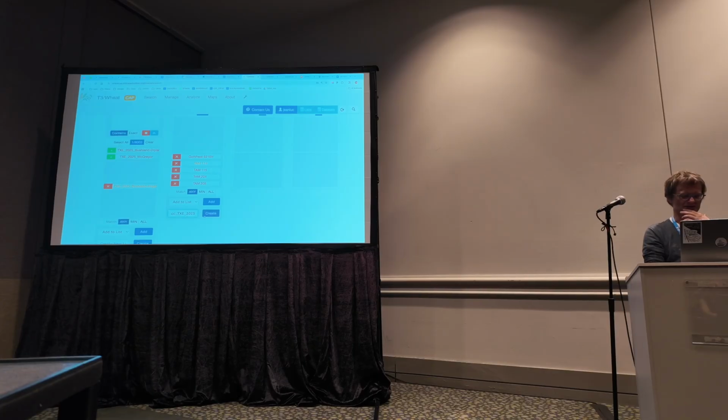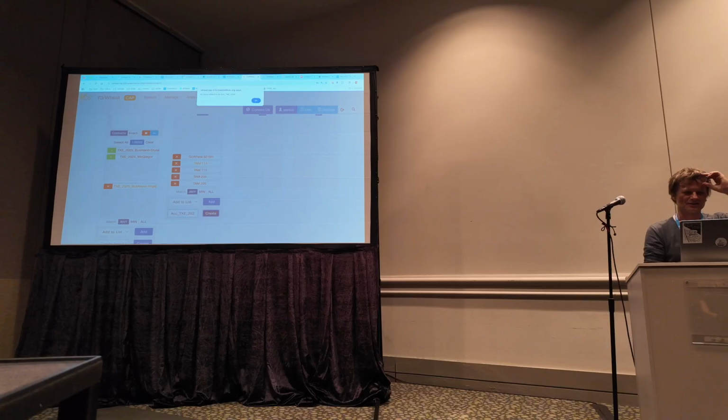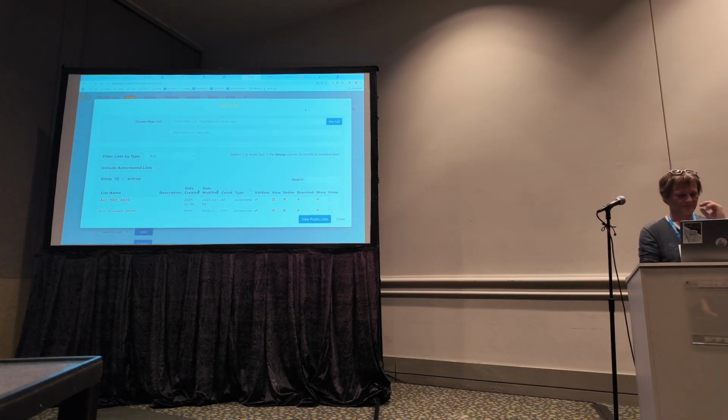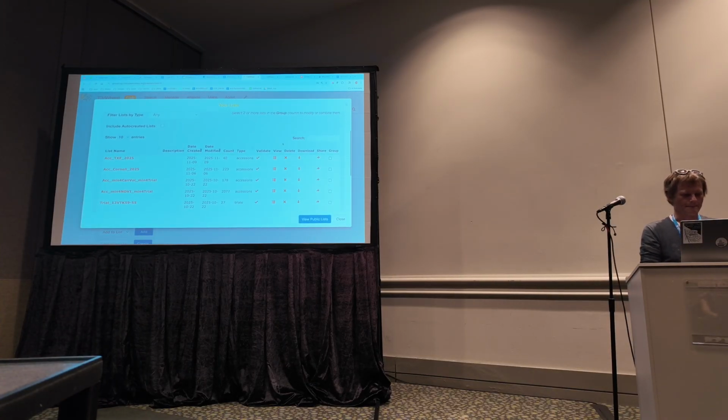Now I've made this list. T3 tells me, and I'm sorry it's in small font there, that it's added 40 items to a list. I am logged in. You can't really get onto WheatCAP without logging in. So there's this list of accessions.